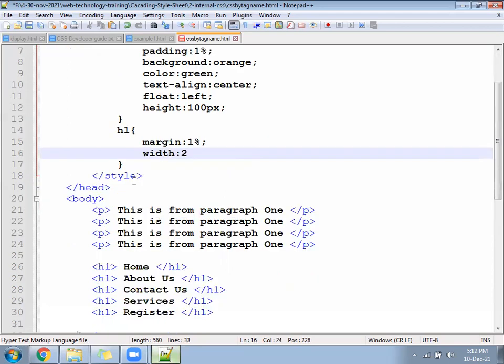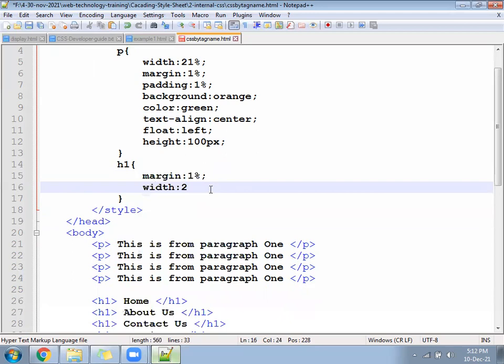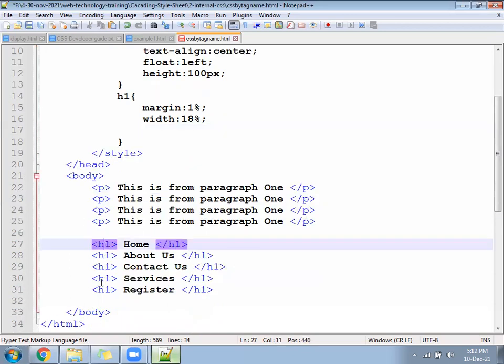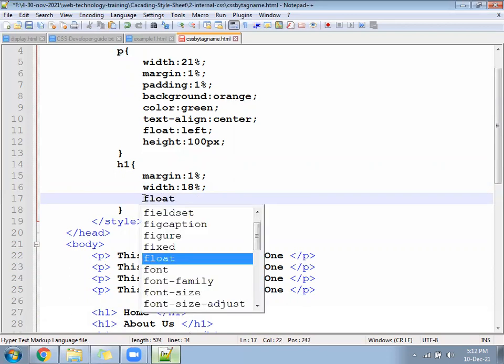How many H1 do we have? 5 H1 we have. 20% should come, but 20 will not work. We have to give 18%. If you want all to come in one line, 2% margin will happen, 1% left, 1% right. 20 into 5, 20% will come for each H1. In that, you have to minus the 2% margin, so 18%. Okay, and then float as left.